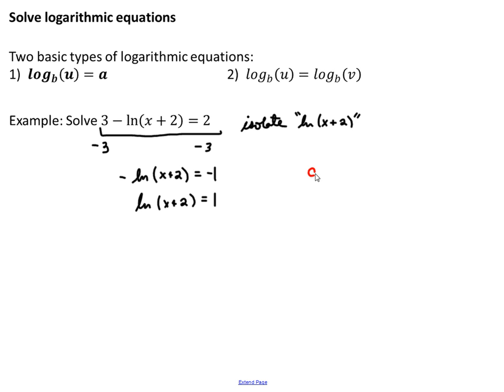This time it says if A is equal to B, in this case, raising the base, what did we say in our last slide there? If I said the base u was raised to the power A, then it would be the same as the base u raised to the power B. In other words, I use the same base on both sides to exponentiate. So what base would be useful right here? Well, our base is already e. We could think of this as being the logarithm with a base e of that quantity x plus 2